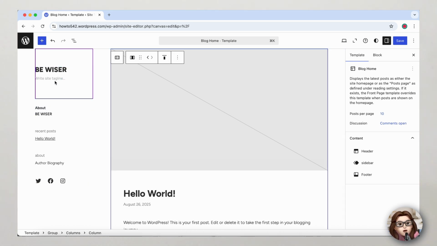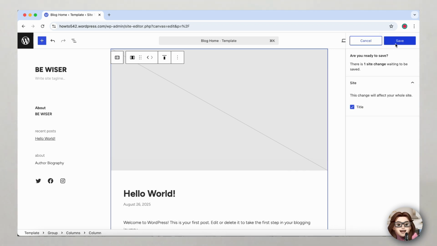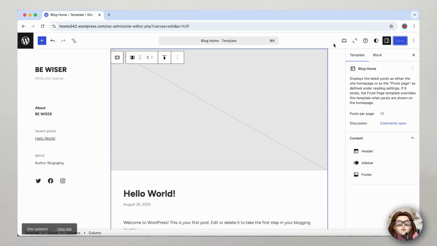When you're happy with the design, just hit save in the top corner and your updated header will instantly go live. And that's it. Your WordPress header is now customized and ready to